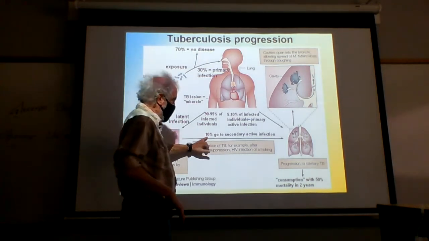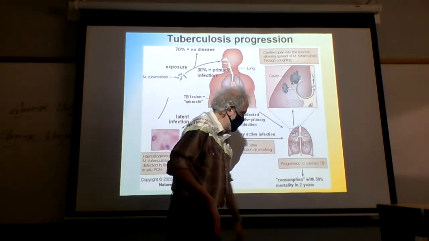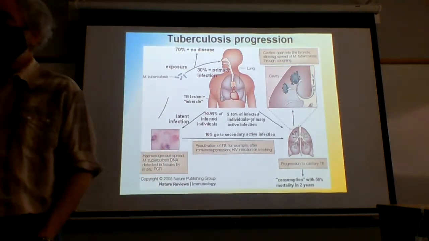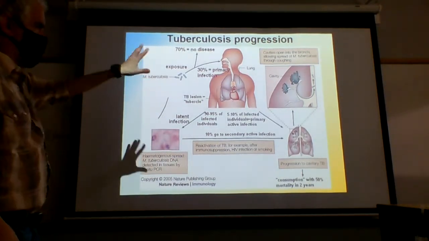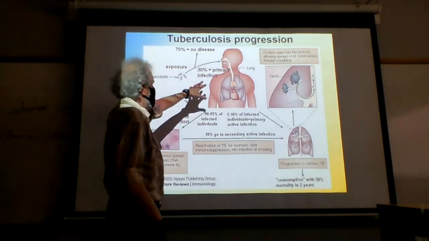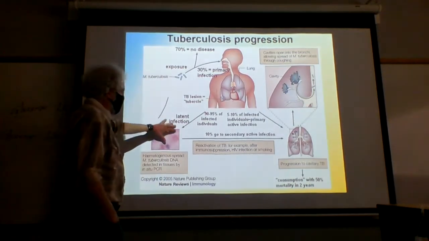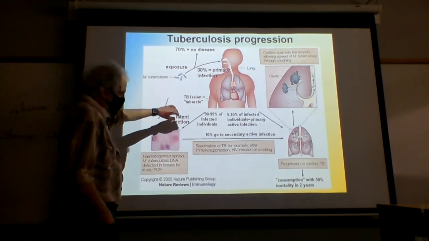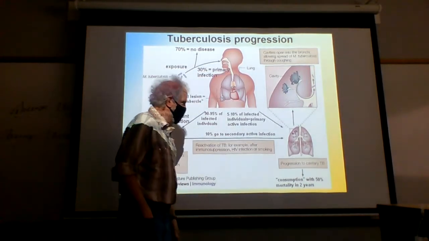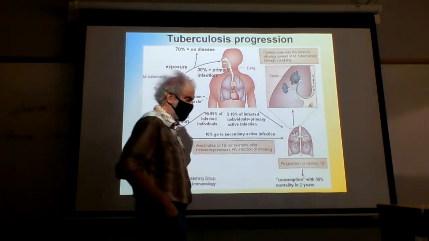Not that many, but some will go into the secondary active infection, and then you end up having the symptoms of full-blown TB. So, a number of different ways this can go. Most folks, if they do end up getting it, are going to end up with a latent infection. A small subset of those guys, it's going to end up becoming an actual active infection. And for the most part, you have no disease at all.